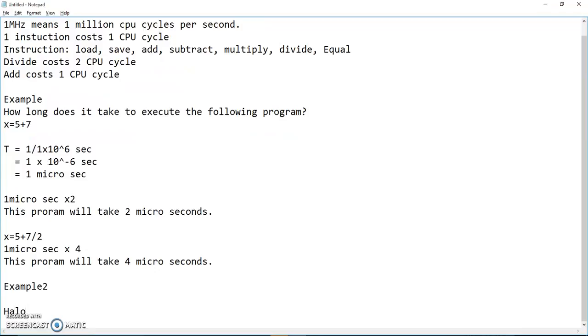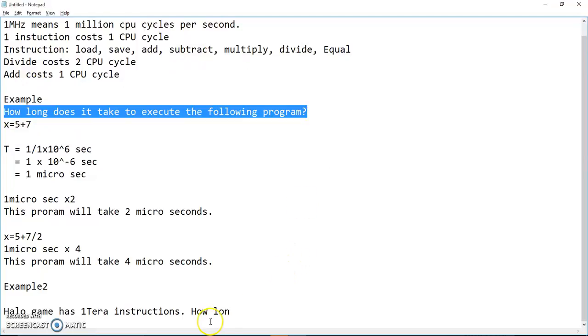We know Halo, right? Halo game, right? It's a game named Halo, and it has 1 tera instructions. Okay. How long does this same CPU take